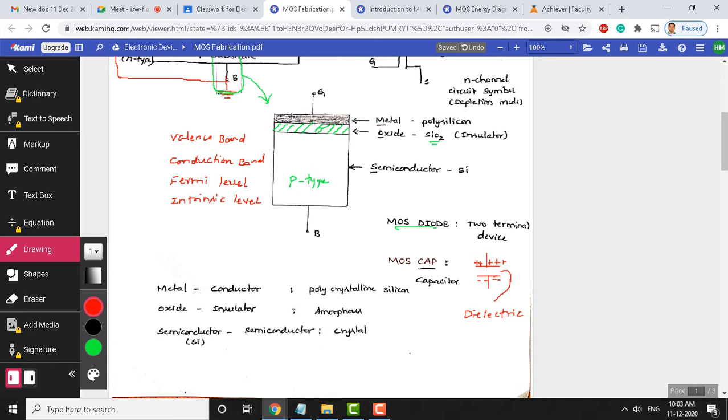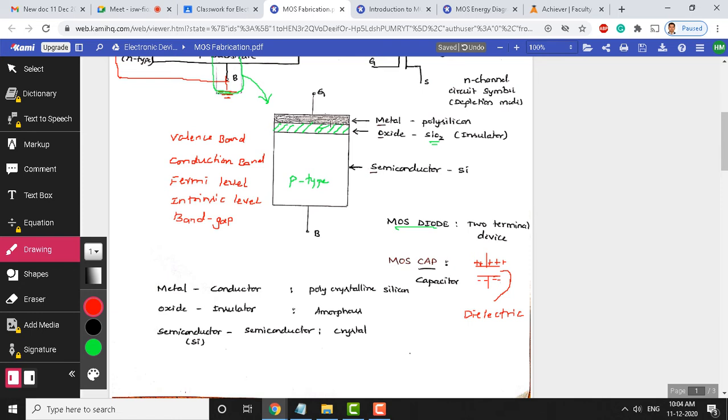The reason is that there are three different materials here. The property of each material is going to be different. The distance between the valence band and the conduction band is called the band gap energy. Let me write that here. So, we need to understand the band gap energy between the different materials. The band gap within the metal region is different, and for the insulator there is a large band gap here, whereas in the semiconductor there is a small band gap between the valence band and the conduction band. Now, we will see in the energy band diagram what happens when we interface all these three materials together.